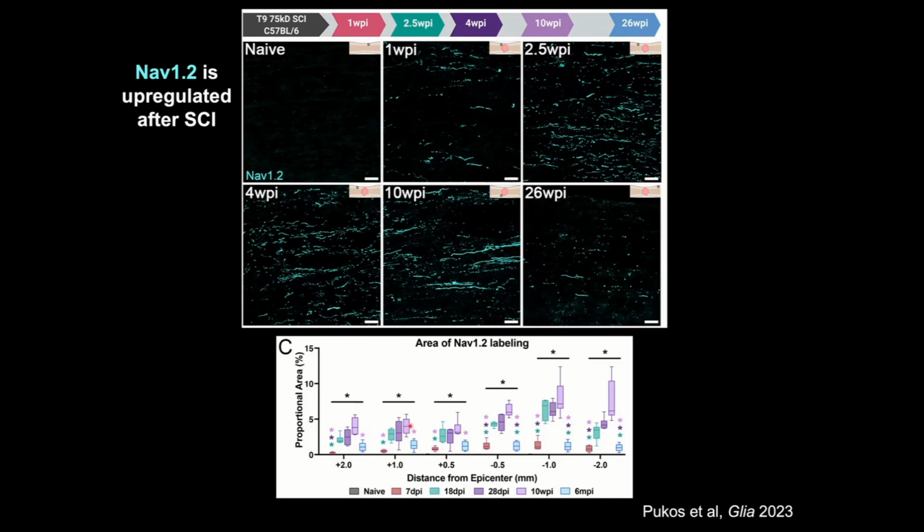So in our naive animals, you don't even see the bars because there's no NaV 1.2 in that tissue. This sodium channel upregulation seems to ramp up through 28 days post-injury, and then it's declining actually significantly at 6 months post-injury. So to me, this suggests that perhaps this new myelin is helping to start to restore the axons back to a potentially more normal phenotype of their nodes and their sodium channels, but it's obviously not completely back to normal since we still do see evidence of nodal spreading and some NaV 1.2 expression.